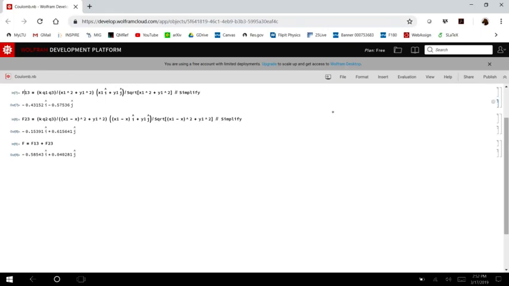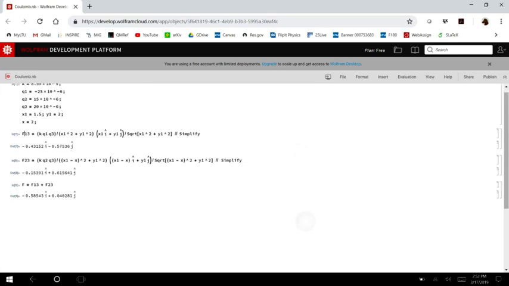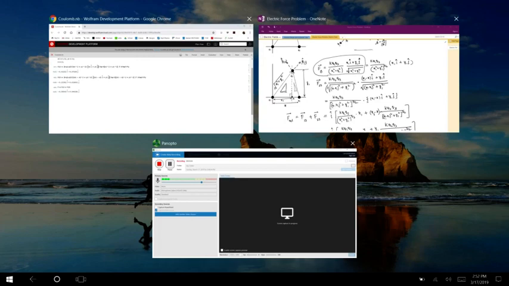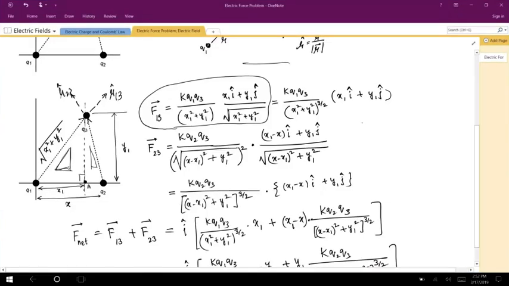And if I run the program, since I've used everything in just normal Newton, Coulomb, and meter, and this final answer is a force, we can safely assume that this result is going to be in newtons. I encourage you to actually plug in units at every stage and to make sure that what you get over here is newtons. It's a good exercise to plug in units at every stage. So we will find that F13 is in newtons, and the final result is going to be F13 vector